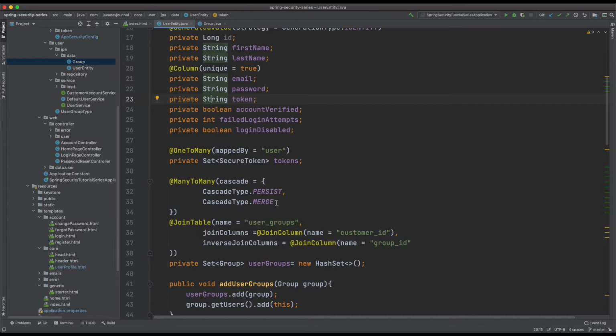With this, the next thing we have to do is, during the registration process, or to put it in a different way, how do I assign a customer to a group? This logic is entirely dependent upon your requirement. For a simple application, if every customer is getting into the same group, I can have the logic in the registration process where I say, okay, during registration, let's assign this user to a certain group. But if you have a different requirement, you can build that logic.